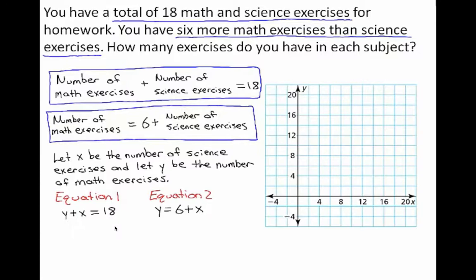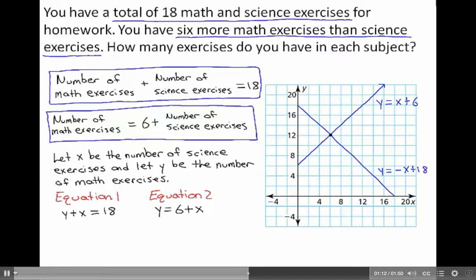Next, graph each equation. Notice that equation 1 can be written in slope-intercept form as y equals negative x plus 18. Graph y equals negative x plus 18. Notice that equation 2 can be written in slope-intercept form as y equals x plus 6. Graph y equals x plus 6. Notice that only the first quadrant is shown because x and y must be positive. Next, estimate the point of intersection. The graphs appear to intersect at the